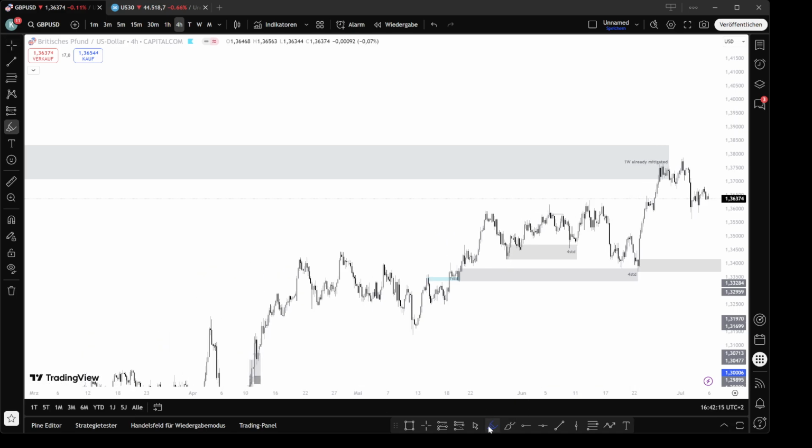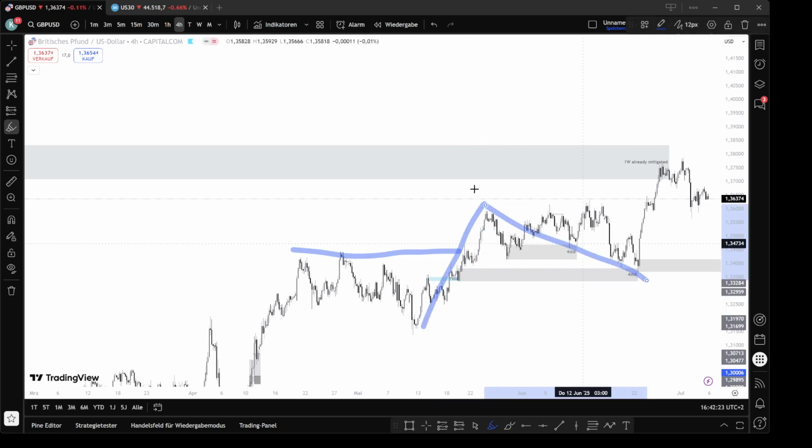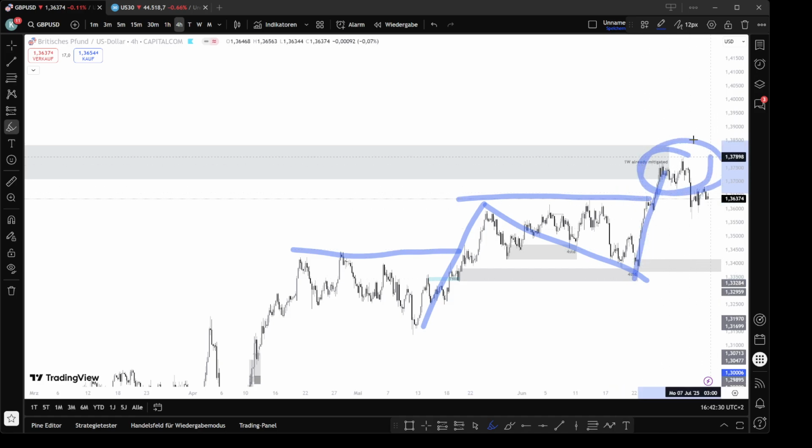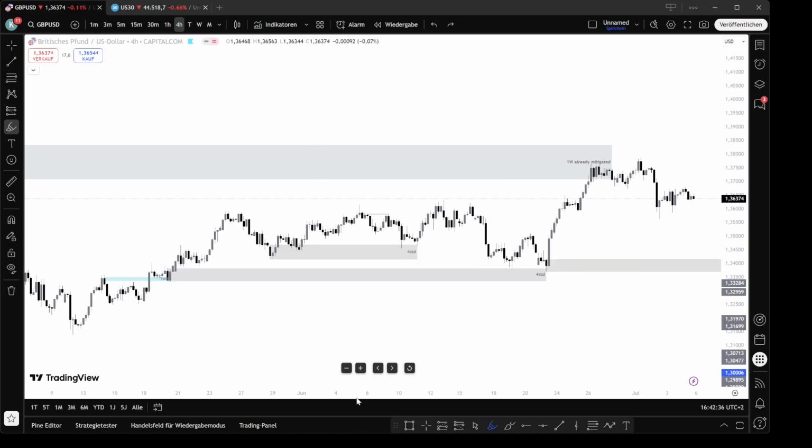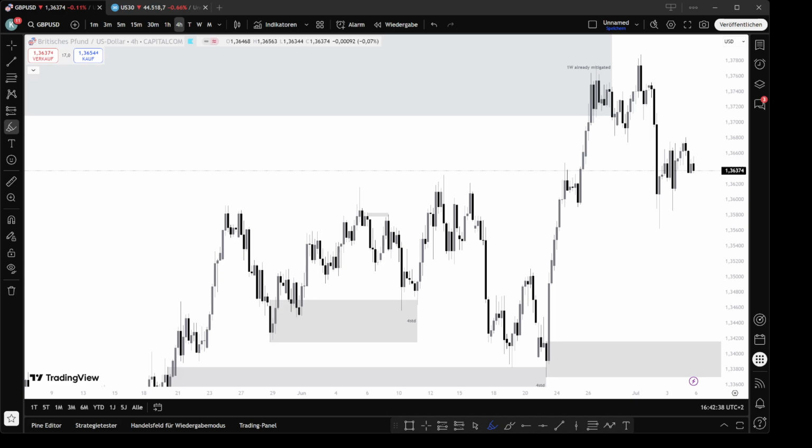Price broke structure here and went up. Price broke structure and went up, gave us a retracement, broke structure again and went up. And within this 1 week mitigated zone, we have to look for smaller market structures. So looking for smaller market structure, if I zoom in on the chart here, you guys will be able to clearly